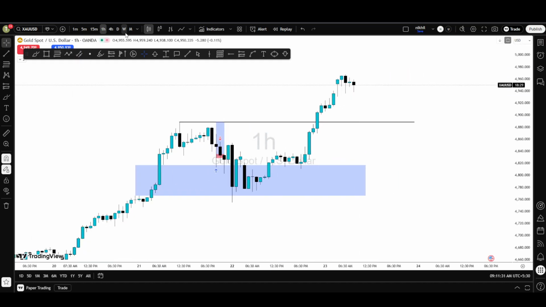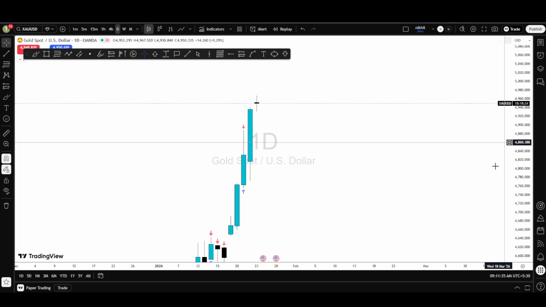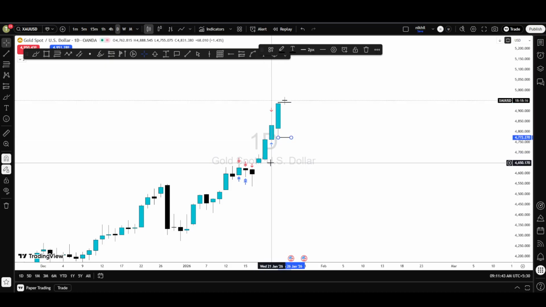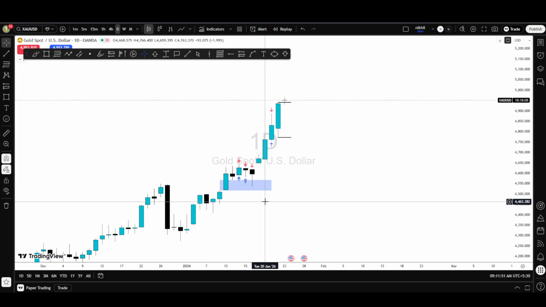So gold and silver are definitely being very bullish for some time now. If I mark the previous high and low of the candle, it is not following any traditional price action. Sometimes if you just trade the fair value gap, it might help. Okay, now here we have this fair value gap,